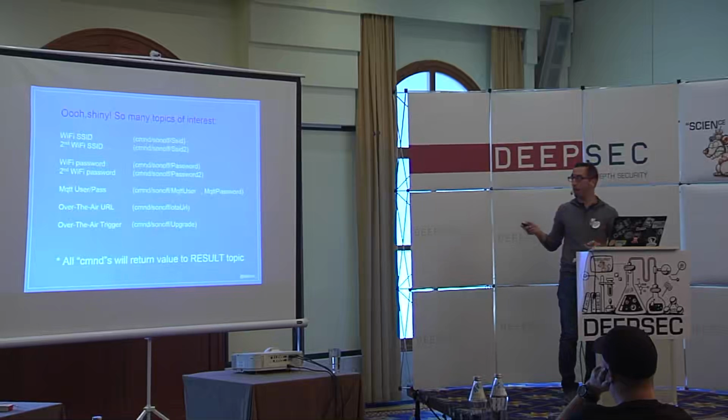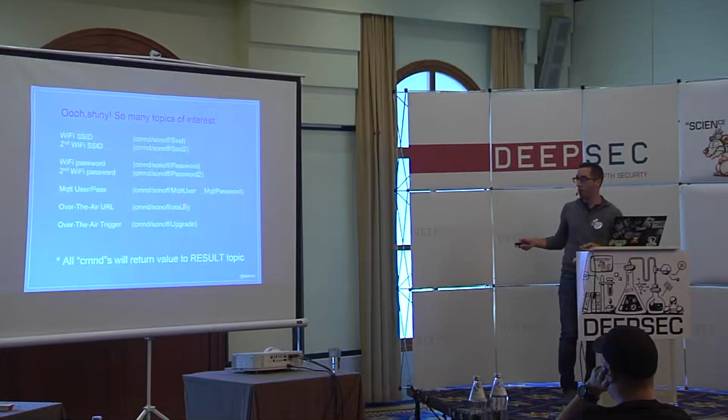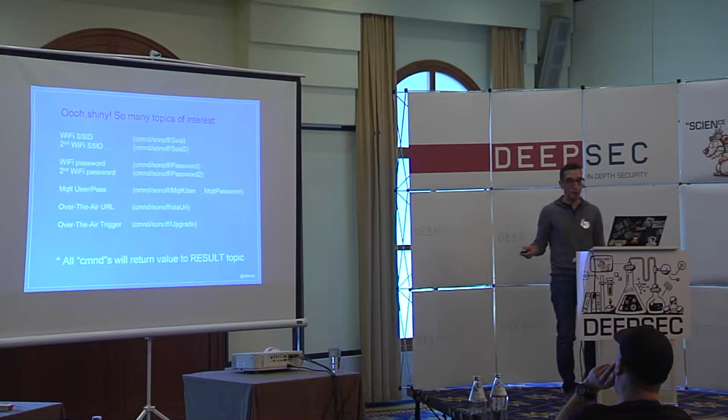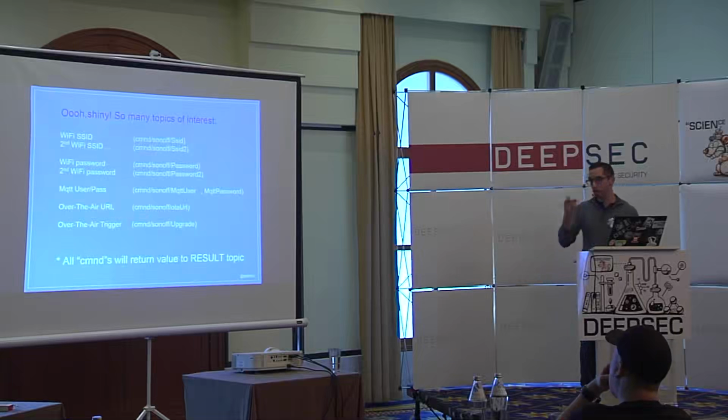And then if I follow those steps and get the SSID, SSID2, password, password2, maybe the user also, but I don't have to, I update the OTA URL to my URL with my evil firmware, and then I request an upgrade. I can push the device to do an upgrade right now, not wait for its sync, let's say every midnight. I can push an upgrade, and then it goes to the OTA URL, downloads the new firmware that I planted there, and the result is remote code execution by firmware upload.